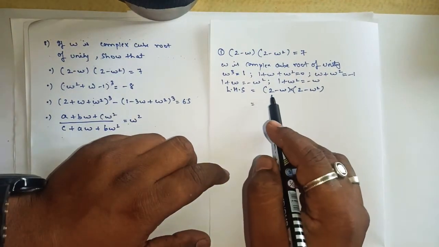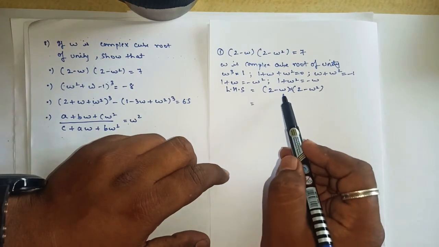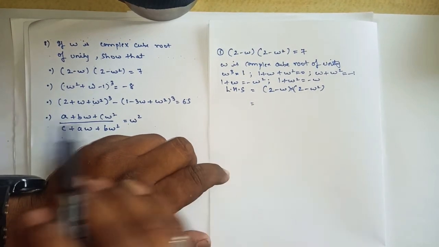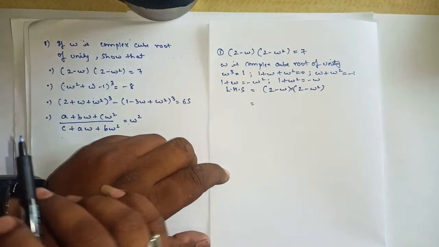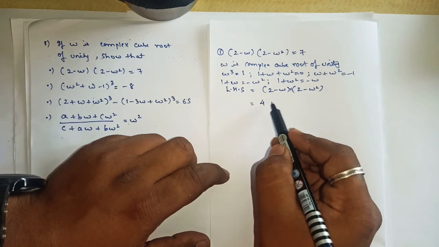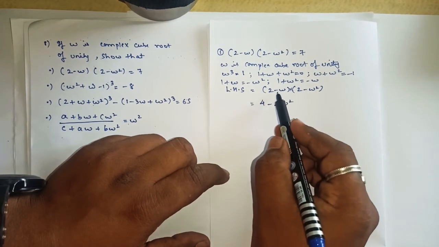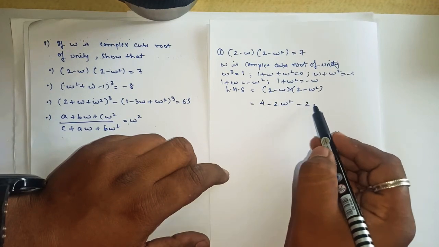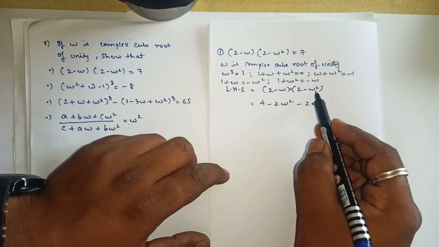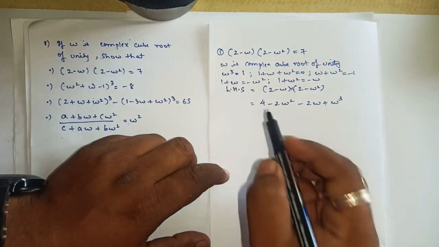Multiplication. So one thing we can do here, bracket expansion we can do, yes or no? As now we cannot substitute the value directly for 2 minus w and 2 minus w square. So here we'll do the bracket expansion. Bracket open with 2, so this will be 2 2s are 4, minus 2 into w square, it is 2w square, minus 2 into w, that is 2w, minus minus plus w into w square, it is w cube. I hope you all understood this step.